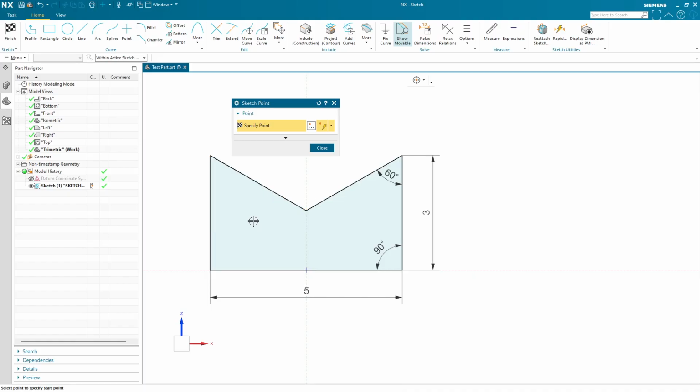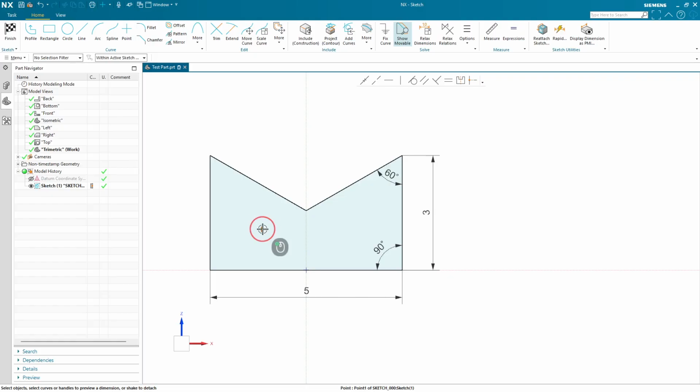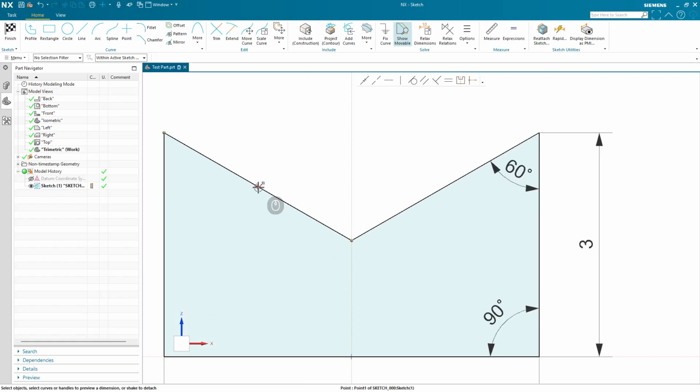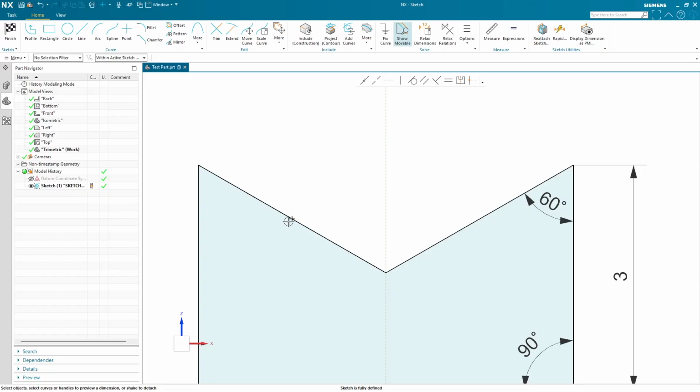Points can also be put out in space and dimension too. So if we know there's a set distance from, let's say, this sidewall to a hole that we're going to put in later, and same from here to here, we can just plunk a point down if we click. Since this is not fully constrained, this is very draggable. So I can grab this, and let's say I want to snap it onto the center point of that line. I can do that really easily,